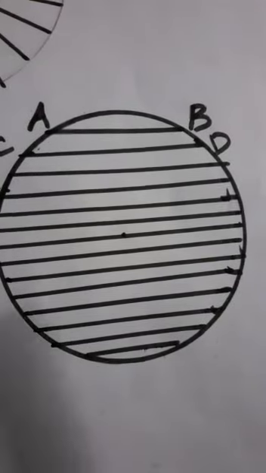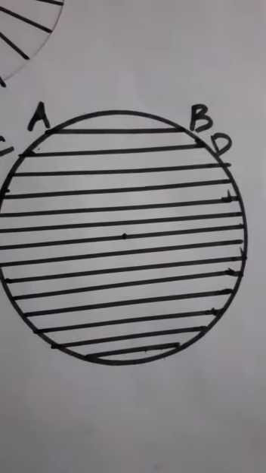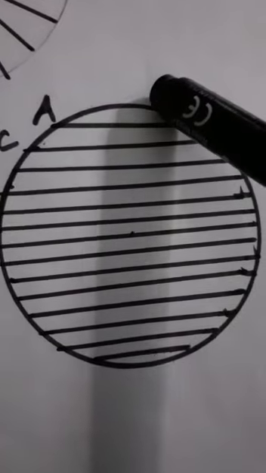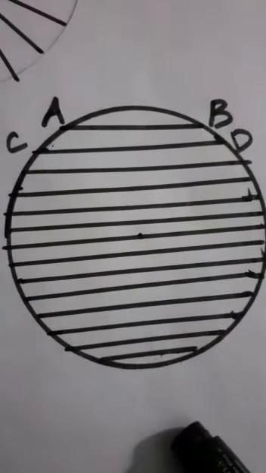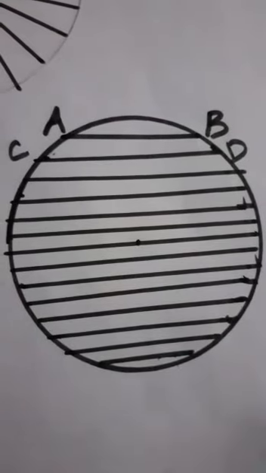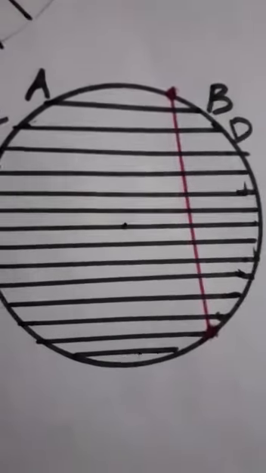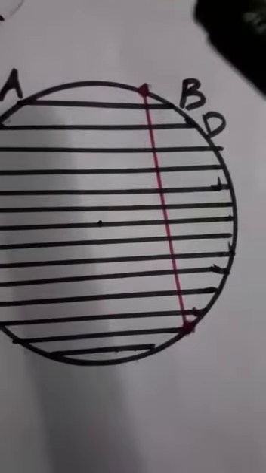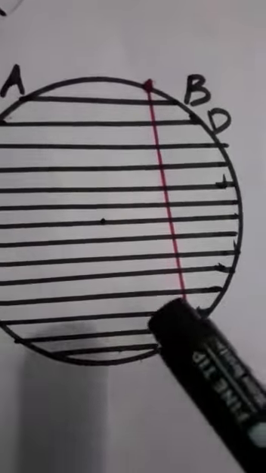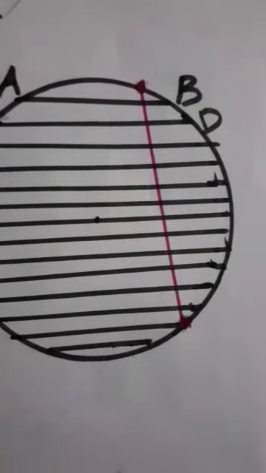So we can find how many these are. But any 2 points means you can take here and here also, no? That is also a chord or not? Yes? So look here, children. This is also a chord or not? Any 2 points on the circle. So here 1 point, here 1 point. So this is also a chord.